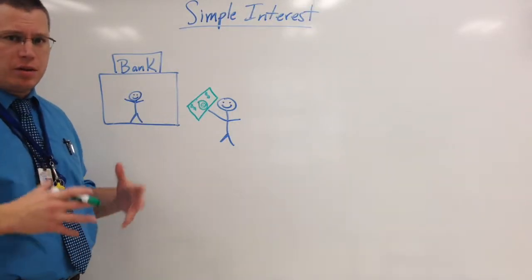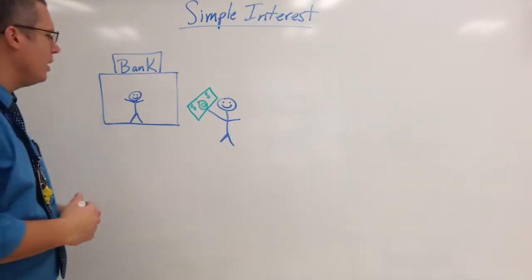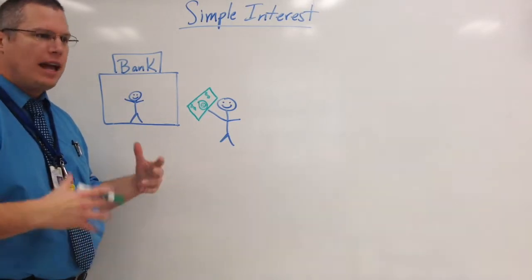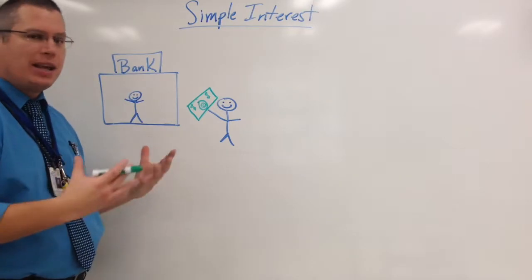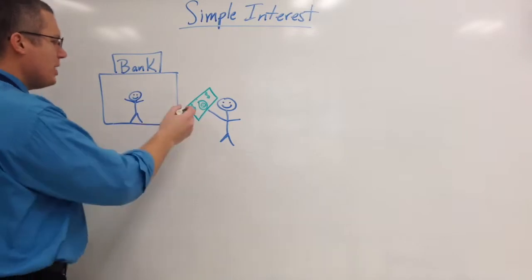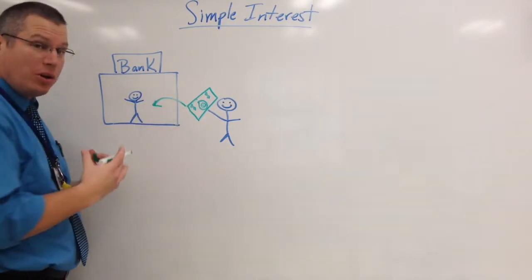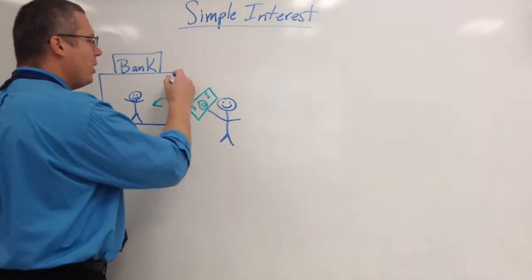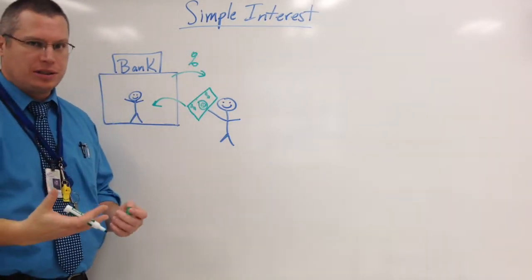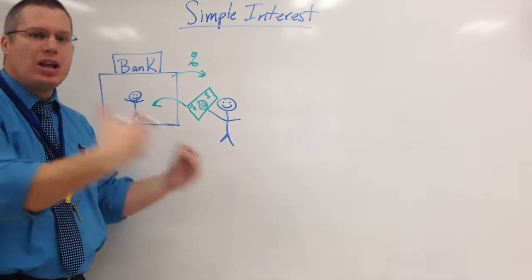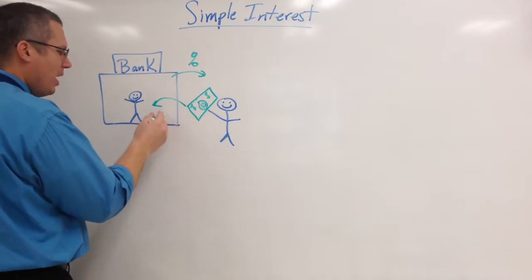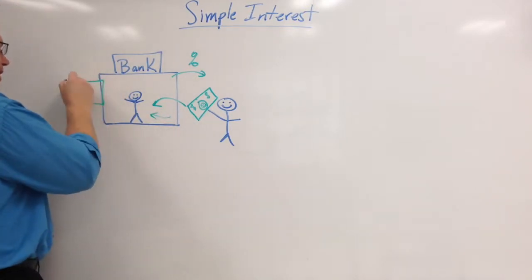So here's the gist, or the simple idea, of simple interest. If you have money and you want to put it into the bank as a savings account, which means the bank is holding on to your money, the bank will give you a percent of money back. It's called interest. The reason they're paying you to hold your money is because if they get this from enough people, then they have a big amount of money